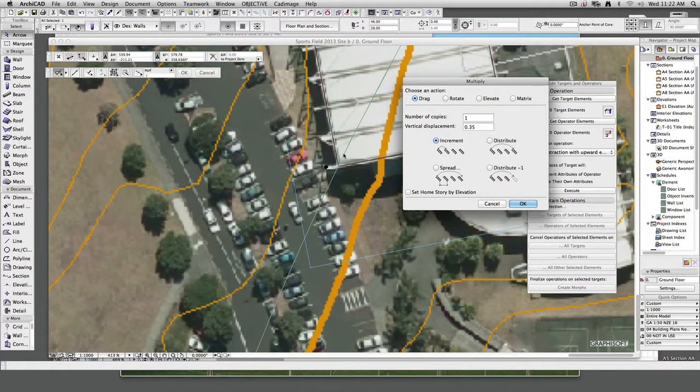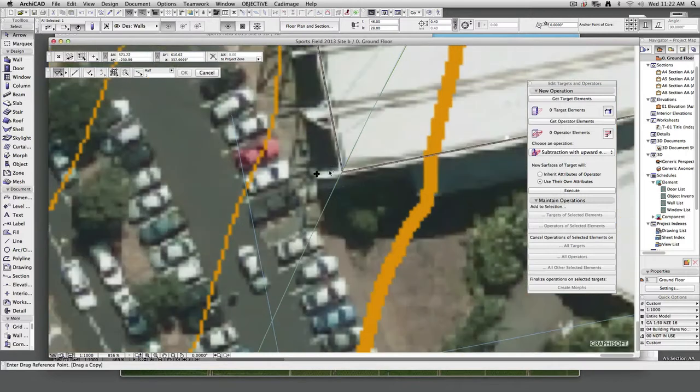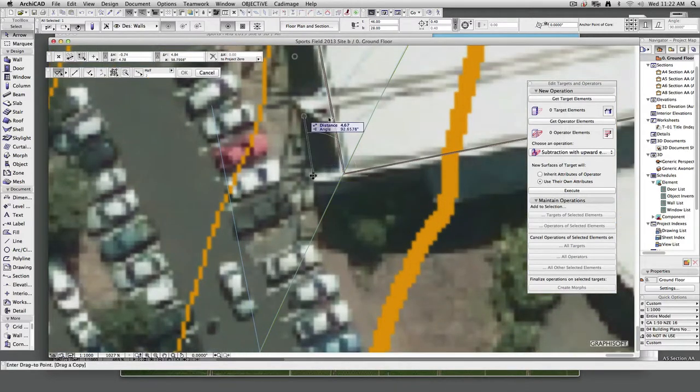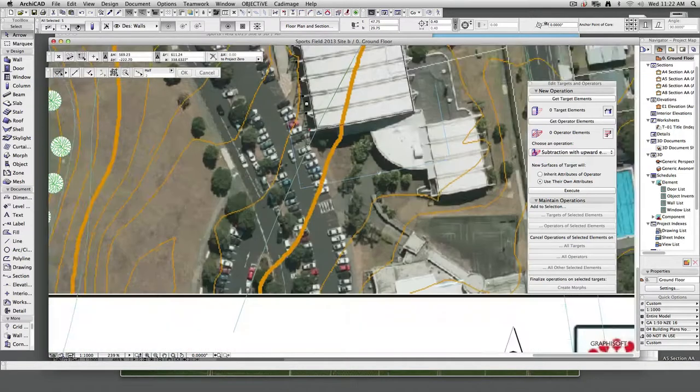1, so that must be the middle one there, eh? So I need 1, 2, 3, 4, 5, I think, 5 copies. Do the increment. Cool, so I'm going to go from the center. I need to be parallel to this. If I hover over, there's a little orange line, there's a parallel. And I should have ended up with,